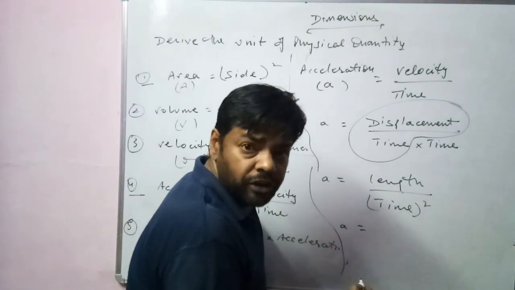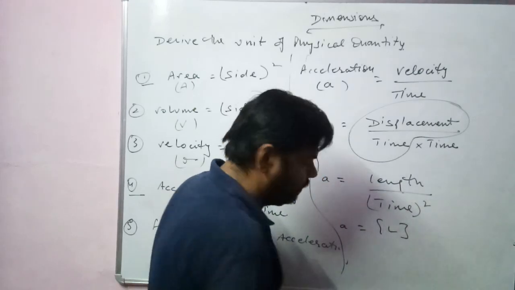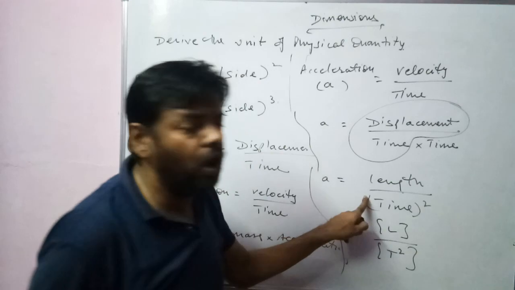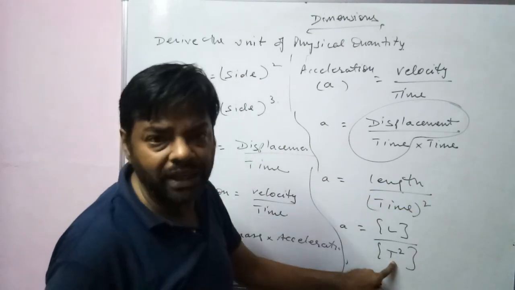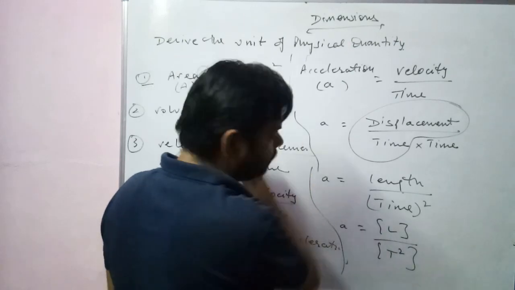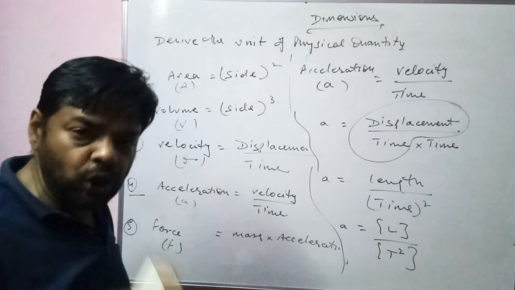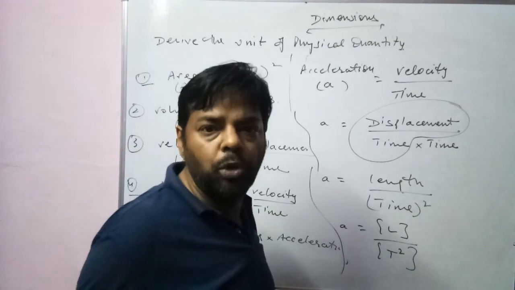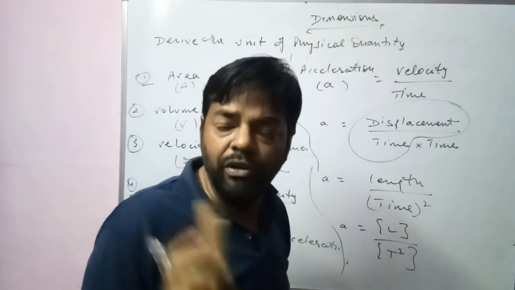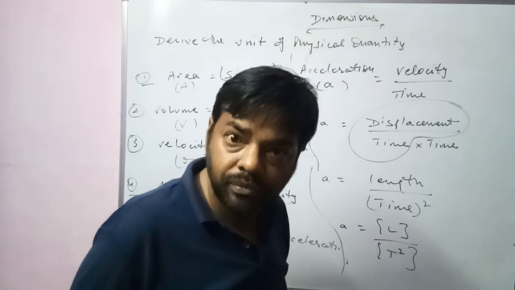Now we have to write out the units of fundamental quantities. In place of length, we have to write L. And in place of time, we have to write T. There was time square, so I have to write T square over here. Got it? Then, I think you have copied it. Try to copy each and everything written on the whiteboard. Why? Because they are your notes, and they will serve you for the entire year. Got it?